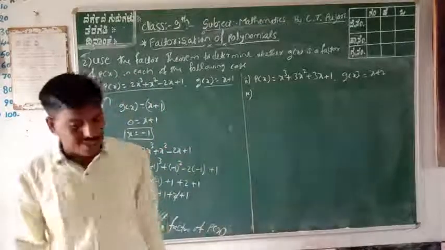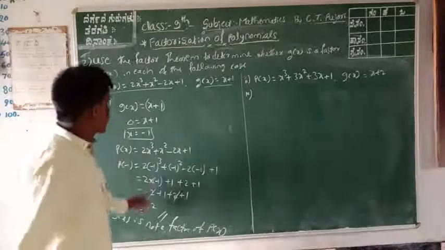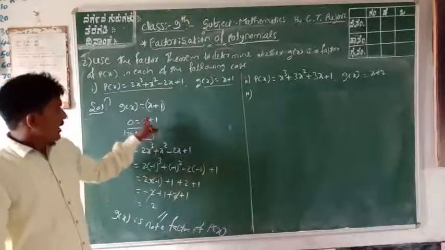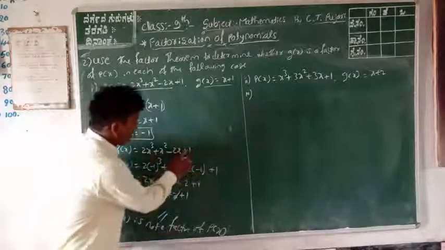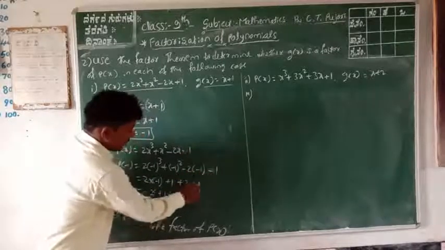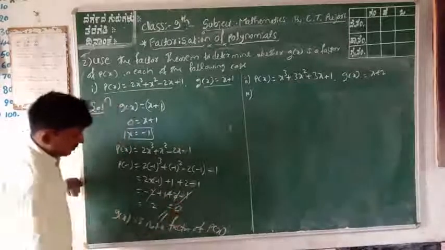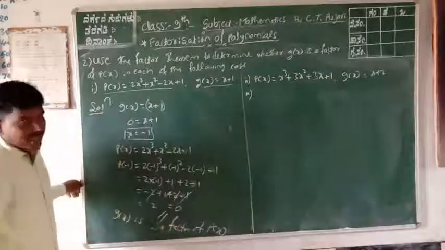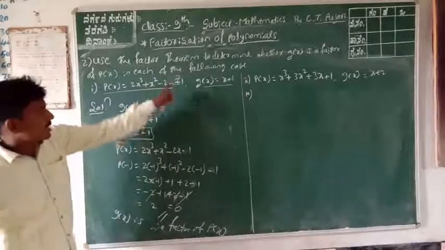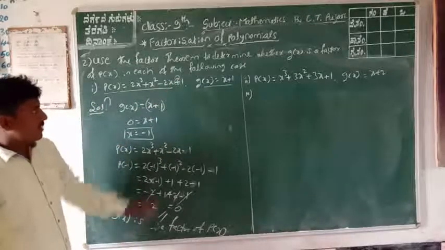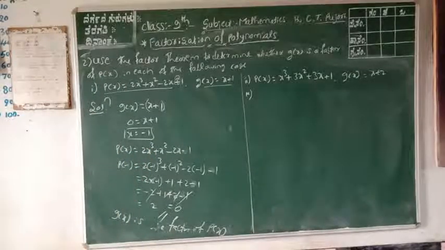Next, what is the condition in the third one? Before starting the third one, in your textbook, this is minus, and this is minus. You can take this as minus, this also minus, this also minus. Again, same as before. Therefore the answer is 0, so this is a factor. When you take the minus, it is a factor. With plus it is not a factor, but with minus that is a factor. Got it?